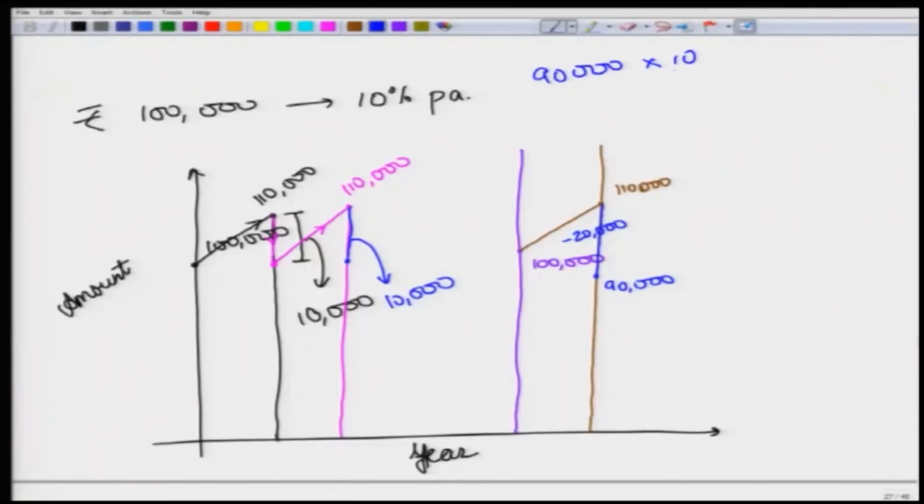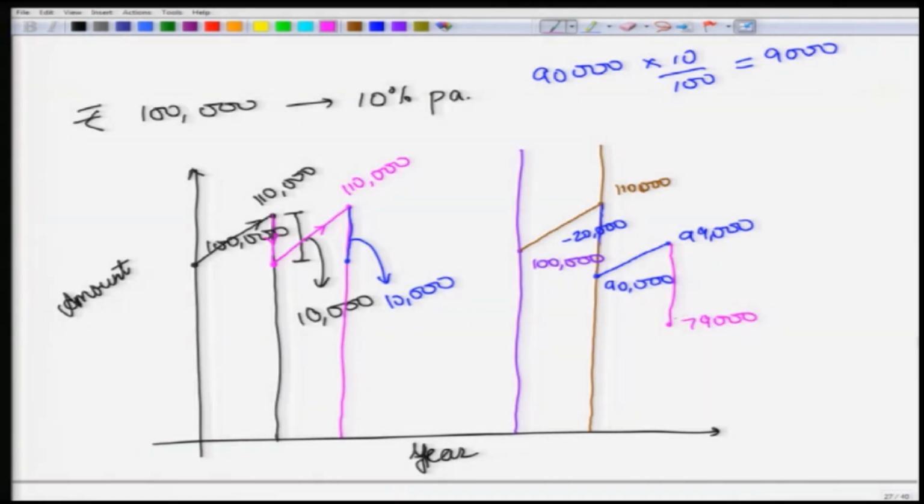Now, at the end of the second year, what is the amount of interest that you will get? The interest that you will get is on 90,000 rupees only, you are not getting the interest on 100,000 rupees. So, the interest here will be 90,000 into 10 by 100 is 9,000. So, at the end of this year you are getting a sum of 90,000 plus 9,000 is 99,000. Now, suppose you extracted 20,000 again from here. So, now you are getting down to 79,000,